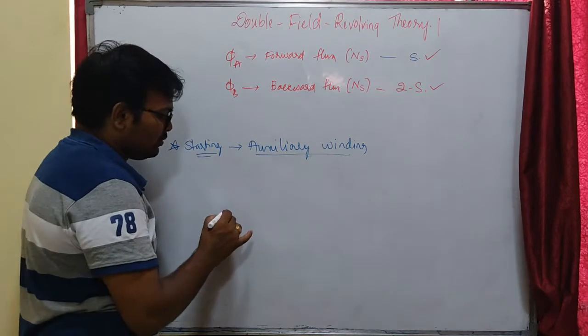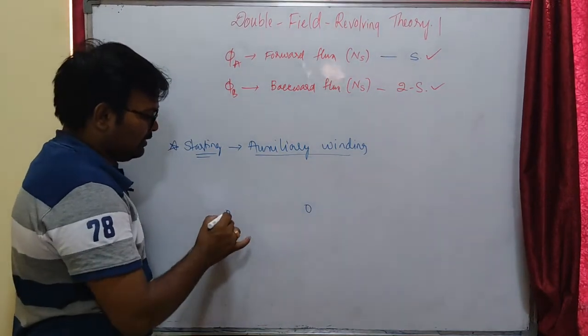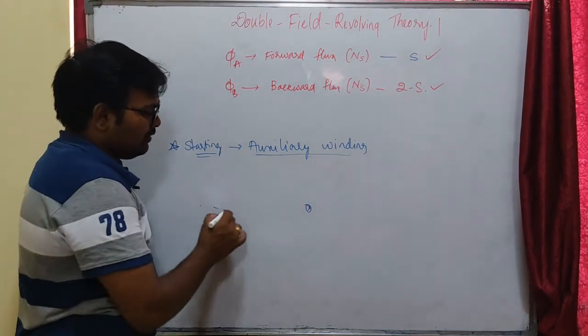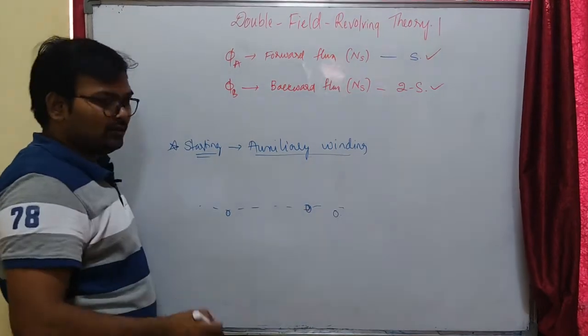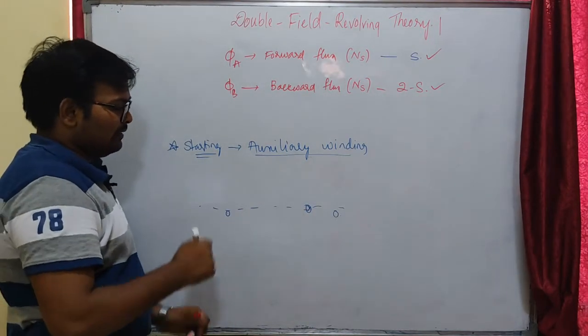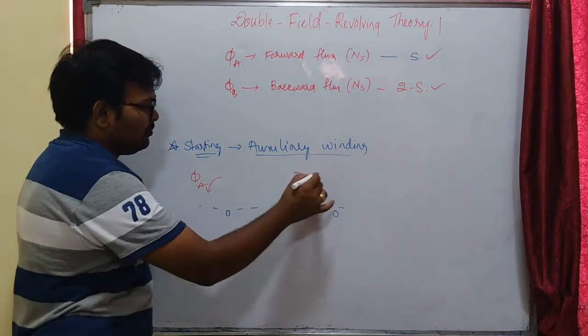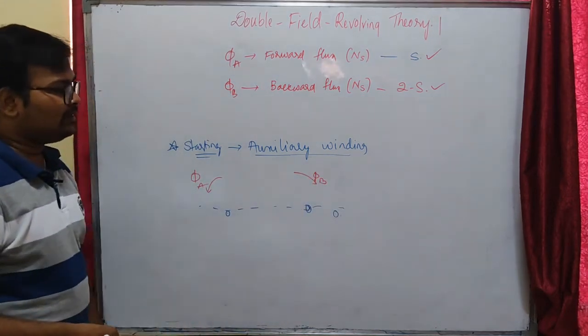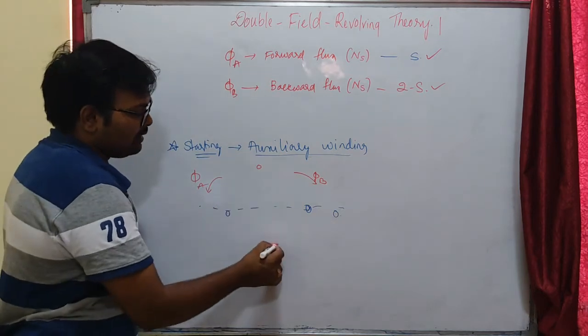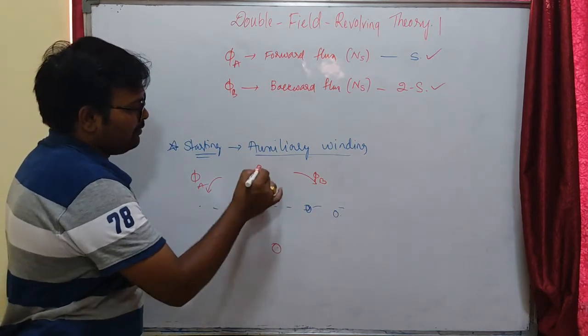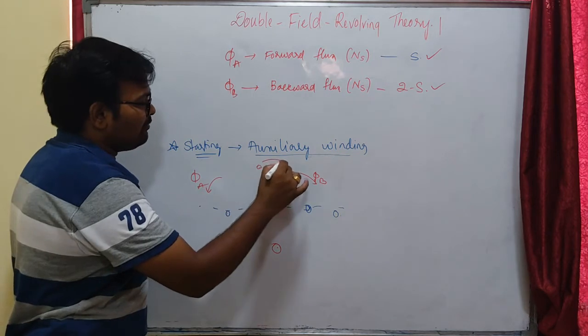Here in our single phase induction motor, we have one winding. Let us consider this is our winding, dot and cross. Okay, so this is having an angle of 0. Due to this single phase winding, there are two fluxes, one rotating in the clockwise direction, another rotating in the anti-clockwise direction. This is phi A and this is phi B. Right, now I am going to place another winding on the stator itself, which is also having a magnetic field of forward.